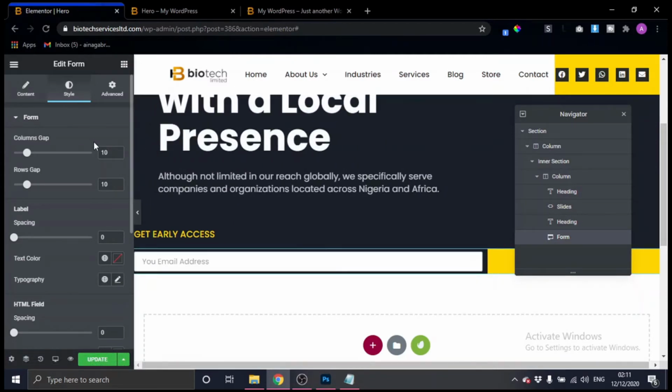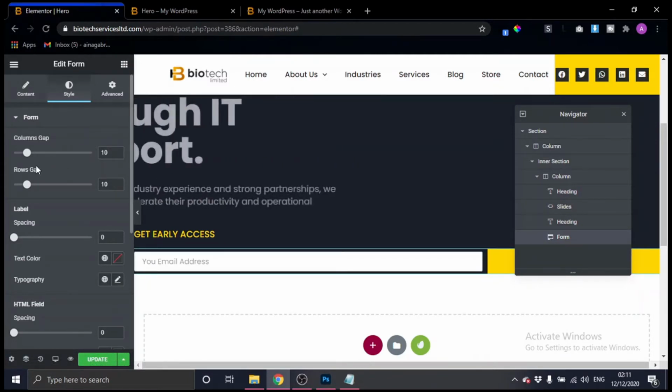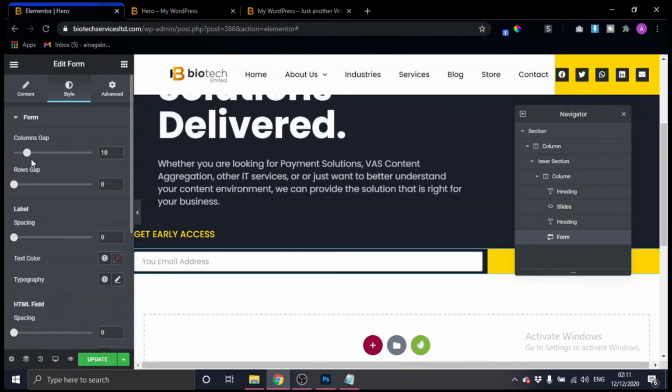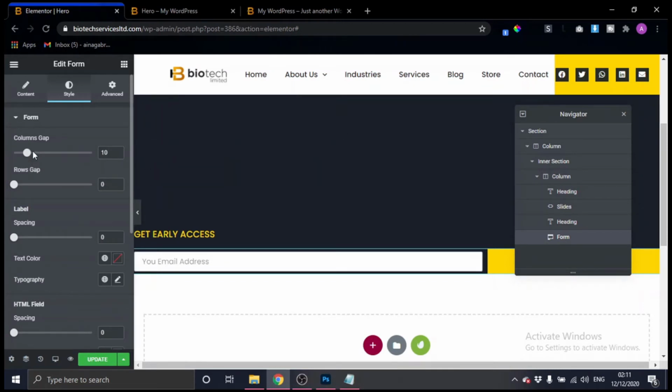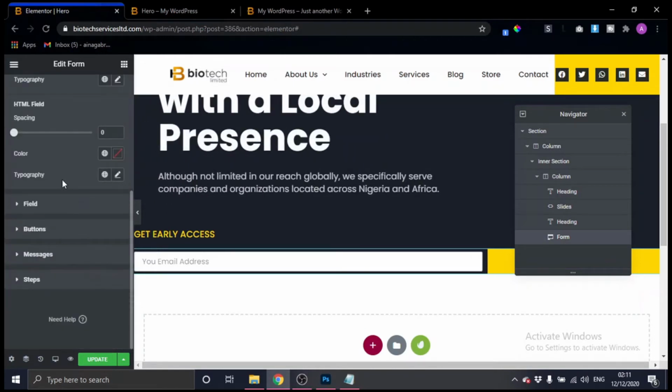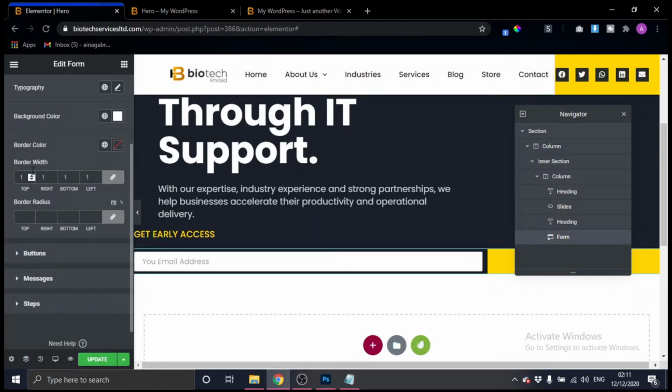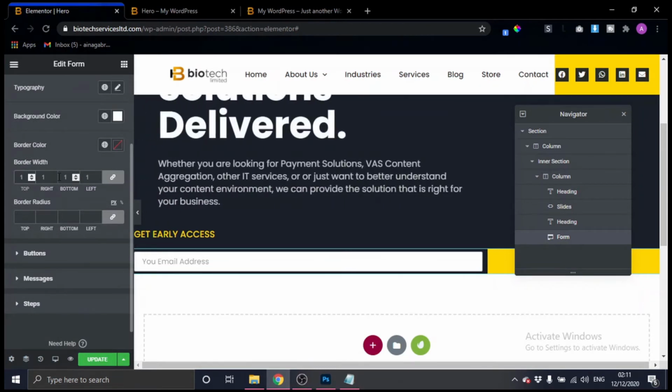The column gap should be 10. The rows should be 0 because we don't need that actually. Okay, in the field, let's make the border width radius 0.